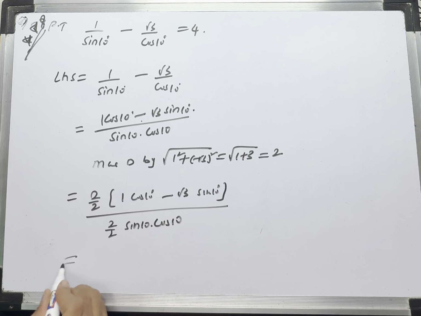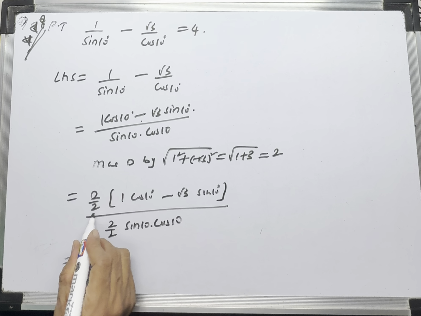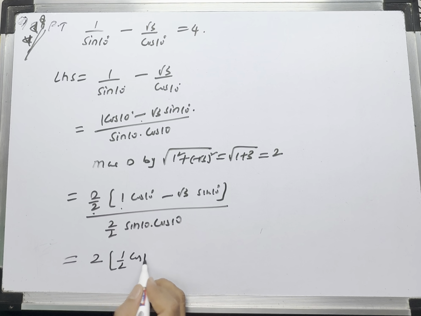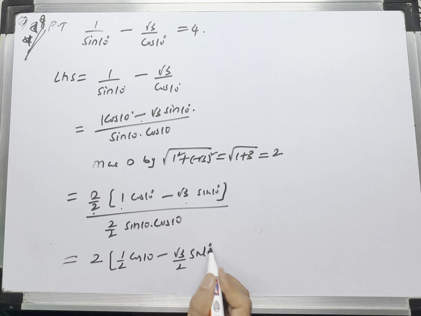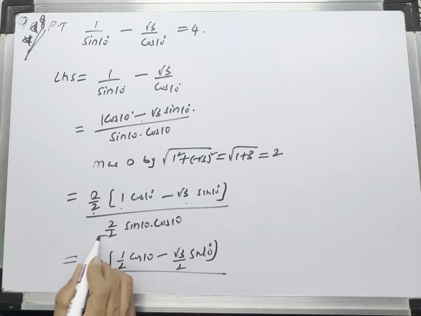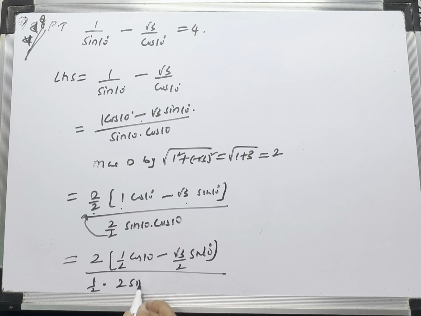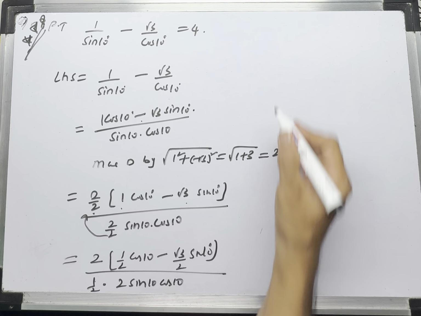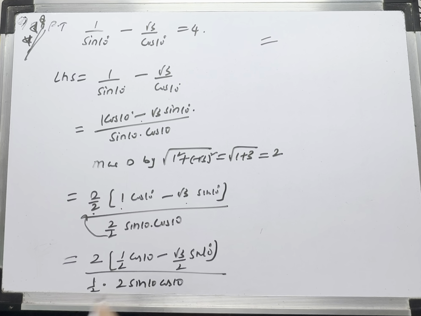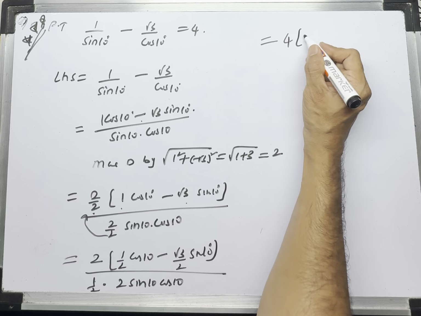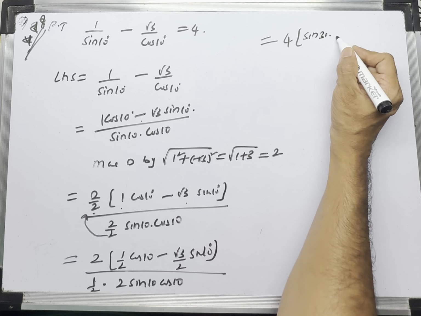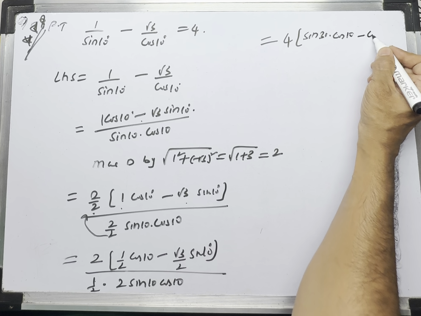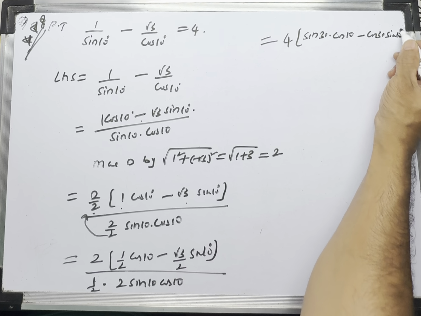Now here the multiple 2 I am writing as it is. This by 2 I am multiplying to the first value, cos 10 degrees, minus this by 2 multiplied to the second one, sin 10 degrees. Here what I will do: this 2 I will send to the numerator, or I will write 1 by 2 separately and 2 sin 10 cos 10. This separate 1 by 2 comes to the numerator, becomes 4. 4 into this 1 by 2, I will write in terms of sine 30 degrees cos 10 minus cos 30 degrees sin 10, divided by